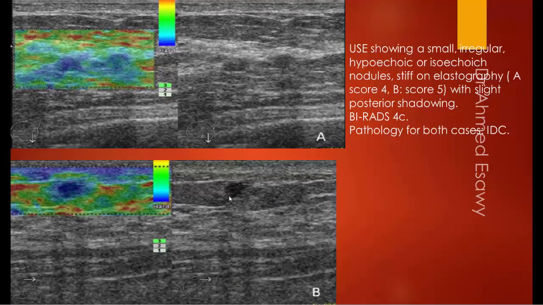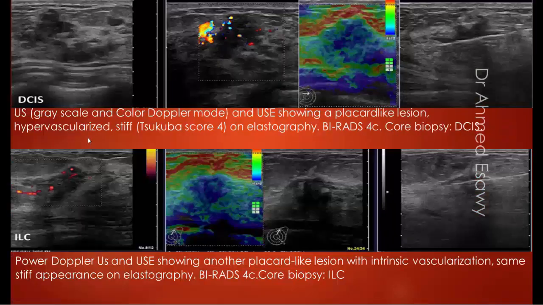Small irregular hypoechoic or isoechoic nodule, stiff in elastography, score 4 and 5, with slight posterior shadowing, classified as BI-RADS 4C. Pathology for both cases: invasive ductal carcinoma. Ductal carcinoma in situ: placard-like lesion, hypervascularized, stiff, score 4 in elastography, classified as BI-RADS 4B, core biopsy showed ductal carcinoma